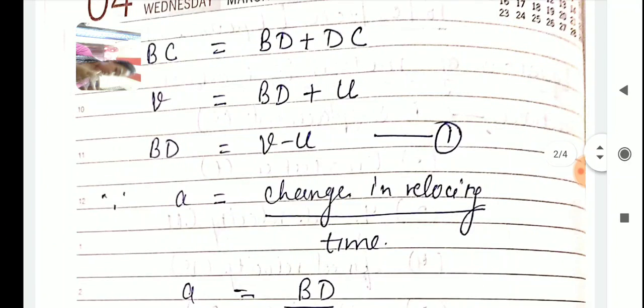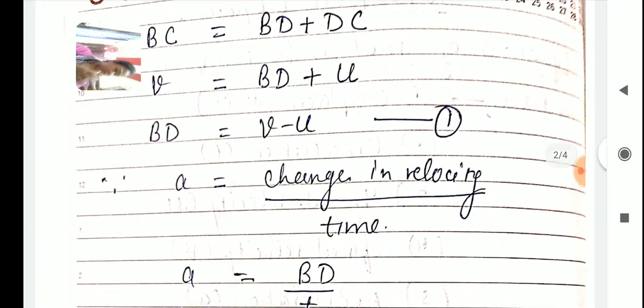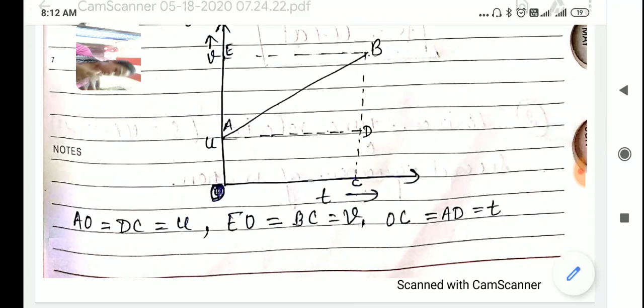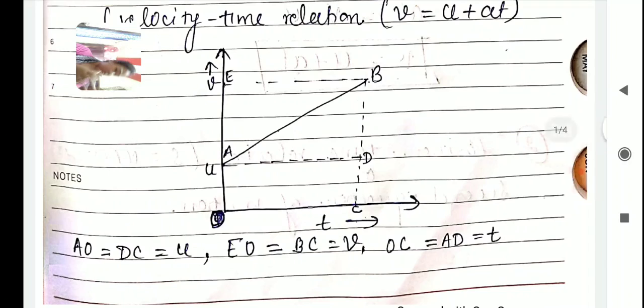That means in place of change in velocity, we can write down BD. So you are getting the point? How we are writing from the graph? We are calculating the value of the BD. If we are having this whole value BC and this small value DC, and we subtract these two values, then we will get the value BD. So that value BD represents the change in velocity.